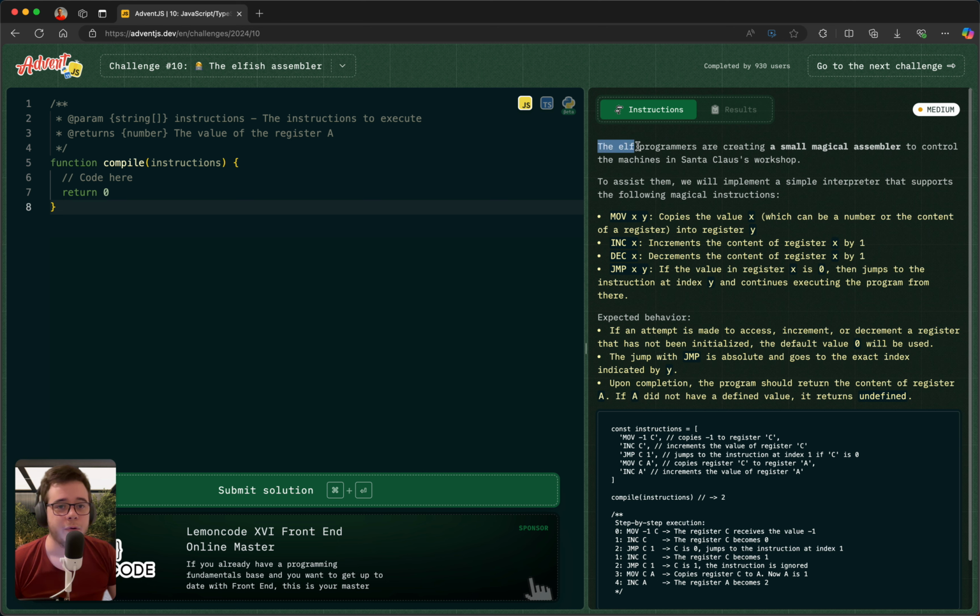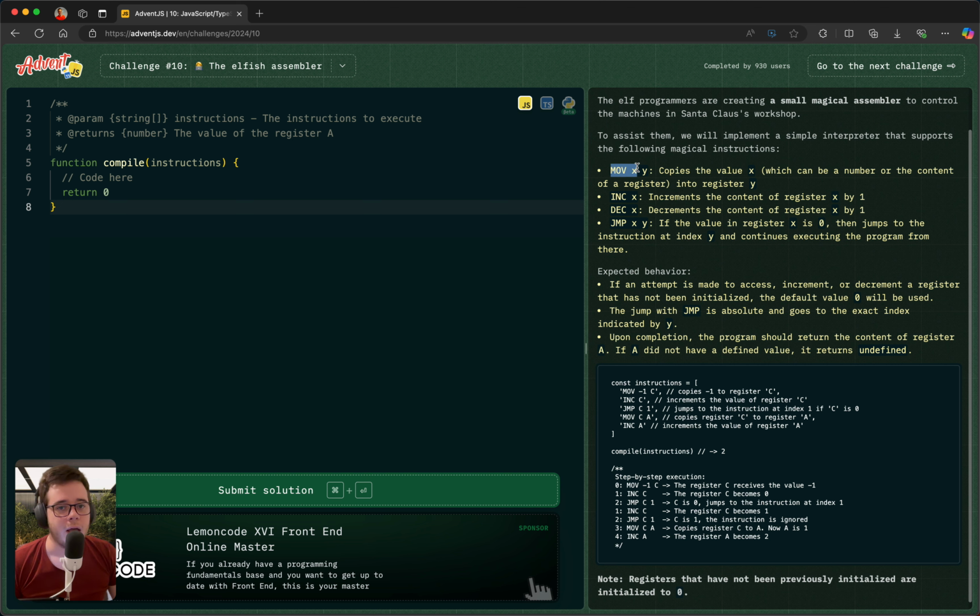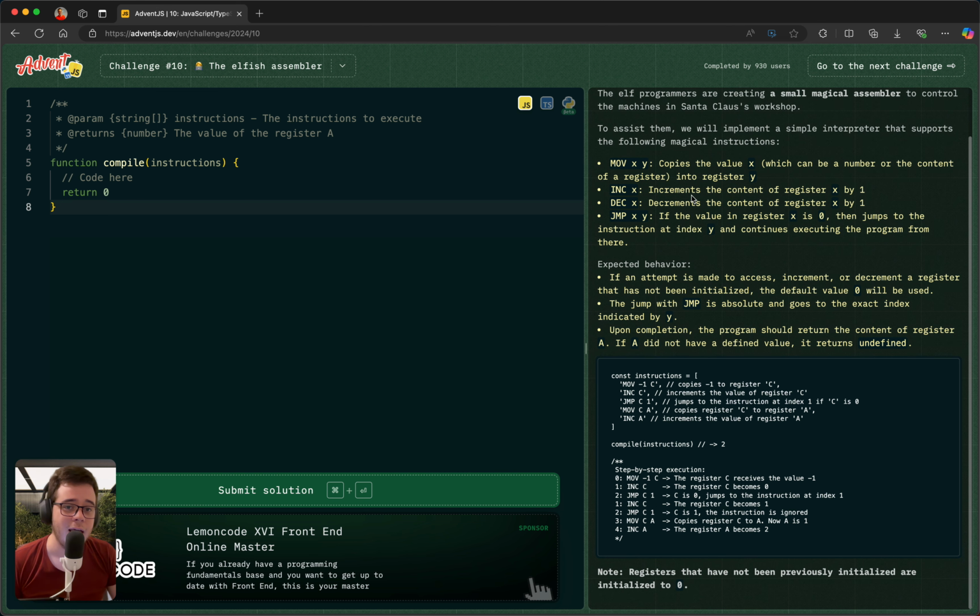So the elf programmers are creating a small magical assembler to control the machines in Santa Claus's workshop. To assist them, we will implement a simple interpreter that supports the following magical instructions. We can have MOV x, y that copies the value x, which can be a number or the content of a register, into register y. INC x increments the content of register x by 1, and DEC x does basically the opposite. And lastly, we have